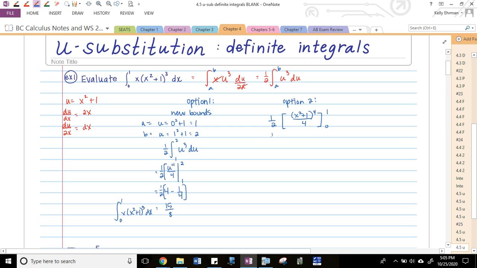And then you've got 1/2 times, might as well factor out a 1/4, don't you think? So when I plug in 1, I get 2 to the fourth is 16, minus when I plug in 0,